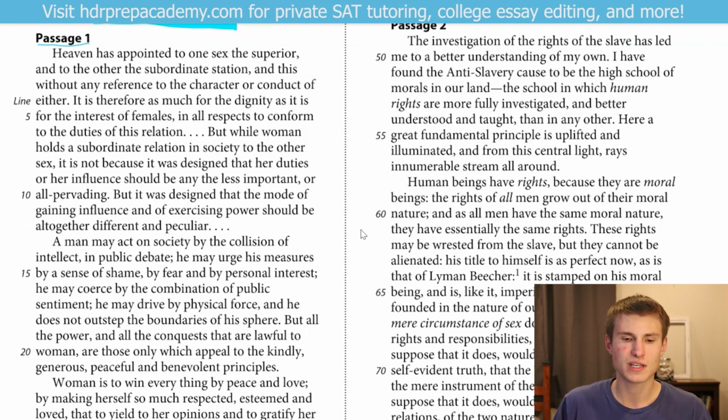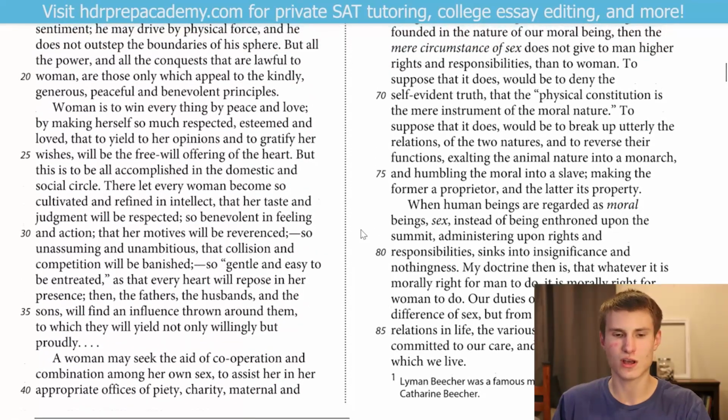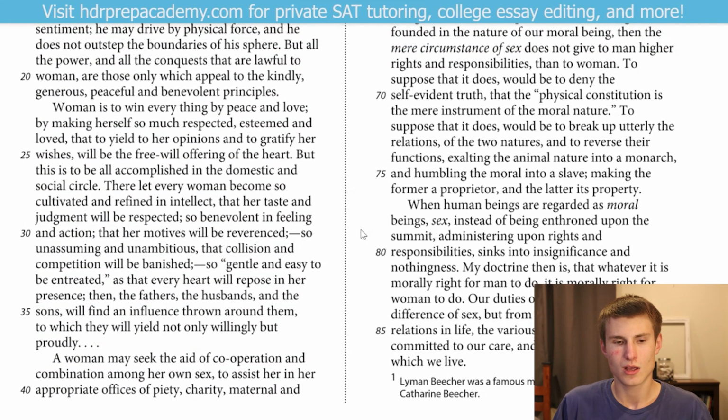kindly, generous, peaceful, and benevolent principles. Woman is to win everything by peace and love, by making herself so much respected, esteemed, and loved, that to yield to her opinions and to gratify her wishes will be the free will offering of the heart. But this is to be all accomplished in the domestic and social circle. There, let every woman become so cultivated and refined in intellect that her taste and judgment will be respected, so